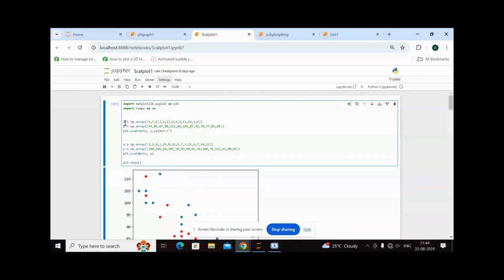Here I have taken the x-axis, an x array of values and a y array of values, and in the scatter method I have used x comma y and the color is r.